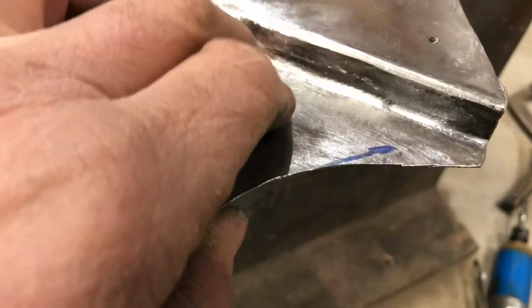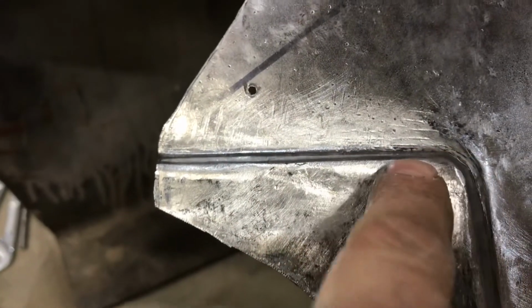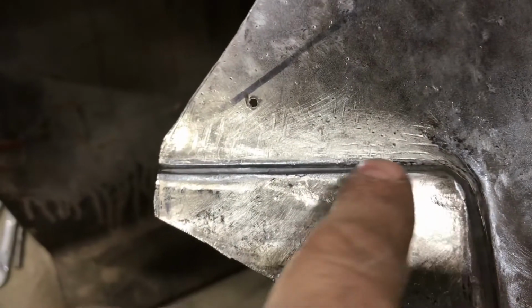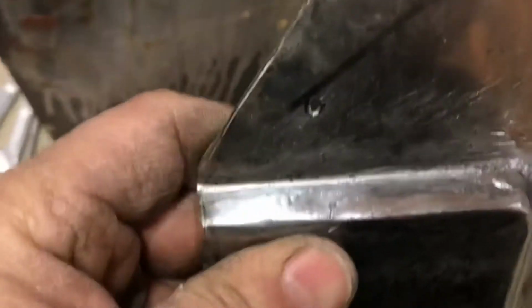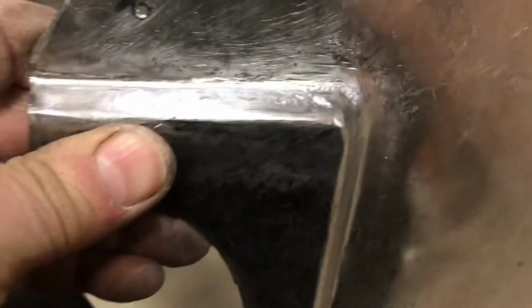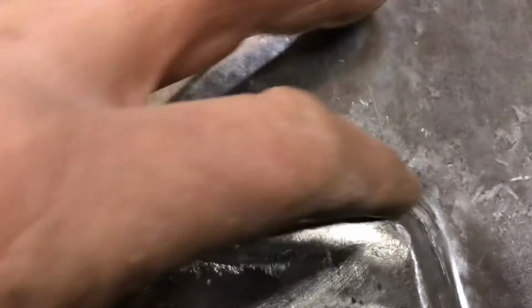I had to weld in here, and show the back side. So I ended up welding over this whole area here and into the corner. It was really thin, it kept burning away. Anyways, I've got that looking. I mean, it's funny, it looks way worse on video than it does to my eyes, but I guess that's, you know,